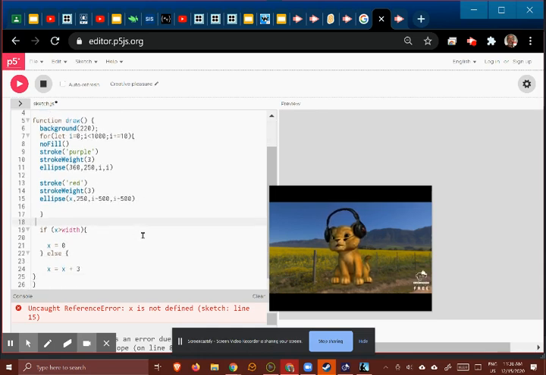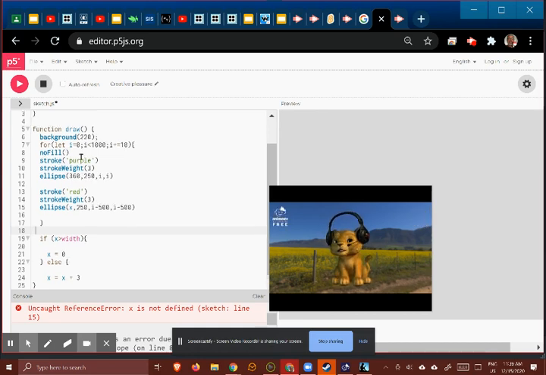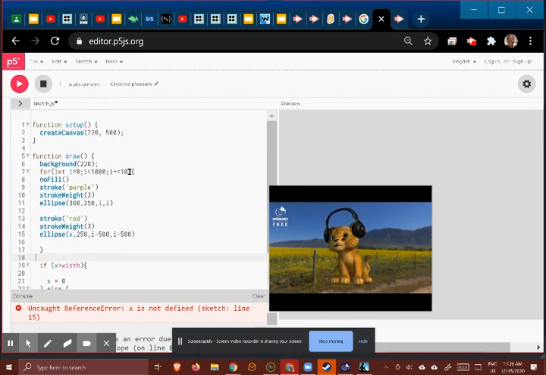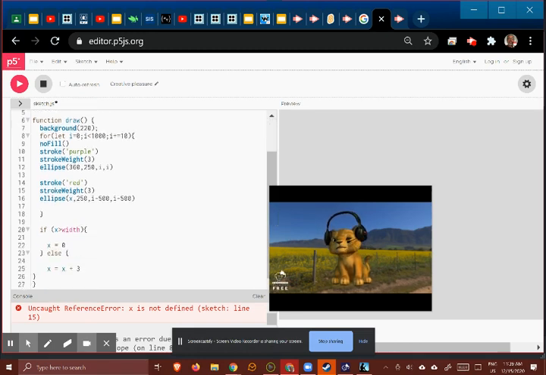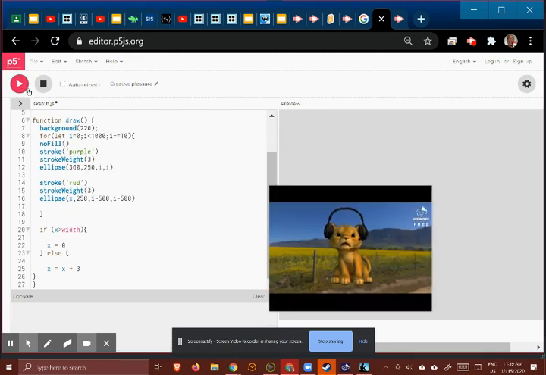So remember before where I had let i equal 0? Well, on the top, right before function setup, I need to tell it what x is, which is called declaring the variable. So let x equal 0. That's what I should have done first. So now if I run it,